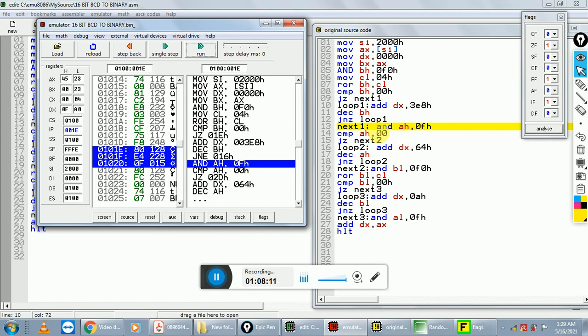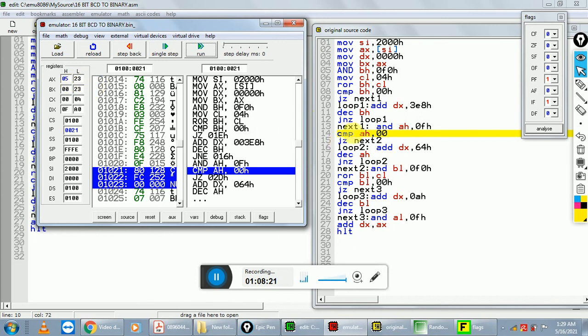After the execution of AND AH, 0F, the answer in our AH register is 05, and we compare AH with 00. So the carry flag status is 0 because the AH content is greater than 0.